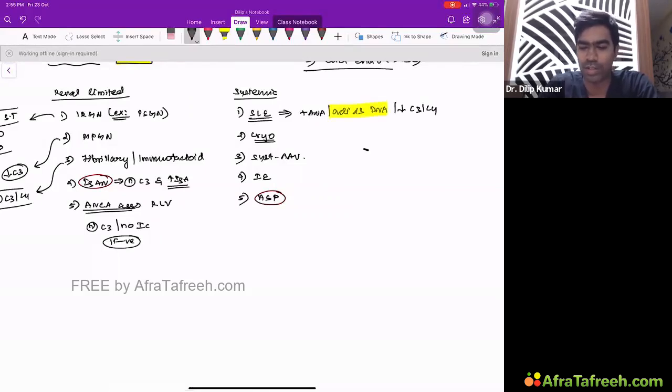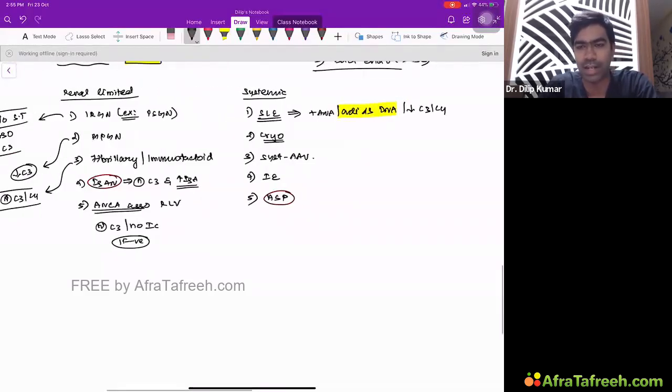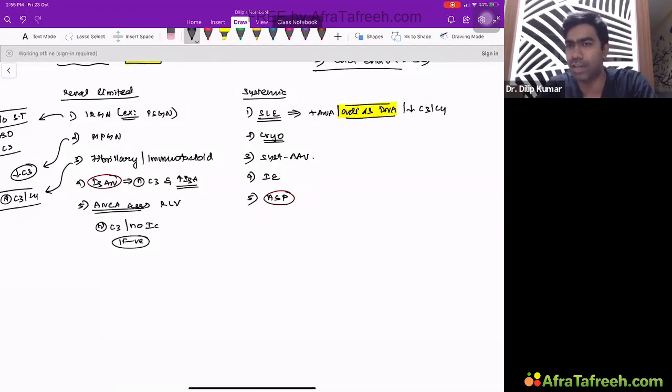There are two antibodies that cause kidney damage in SLE: anti-dsDNA and anti-C1q antibodies. I've told you that anti-dsDNA is the commonly encountered antibody. Whenever the patient is negative for anti-dsDNA, they're unlikely to have kidney disease. Whenever they have very high titers of anti-dsDNA, they are going to have a very bad kidney